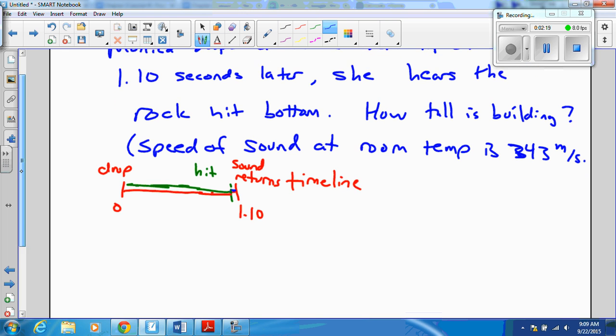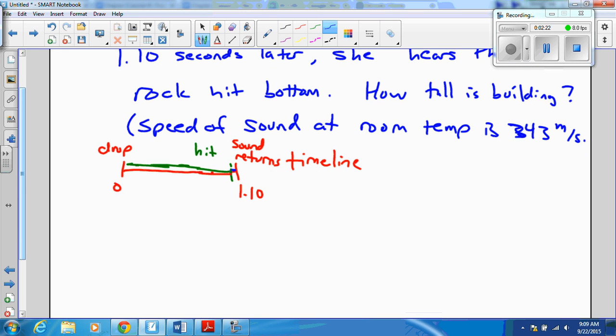Okay? Now, I'm going to show you two different ways to think about this problem. The first is the math way. A mathematician wants an exact solution. So the mathematician is going to say, let me divide up my whole time interval here into t, the amount of time that it takes to drop. And that means that the rest of this right here is going to be 1.10 minus t. So t is the drop time, and 1.10 minus t is going to be the sound time,